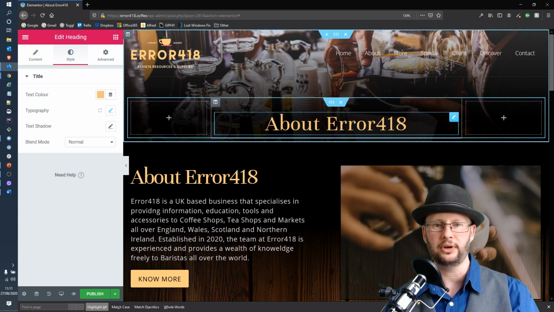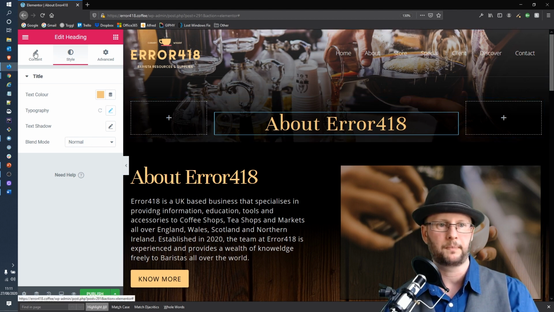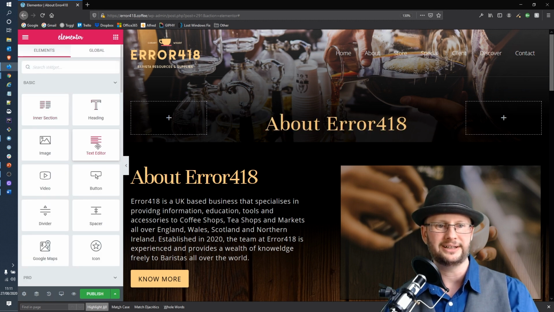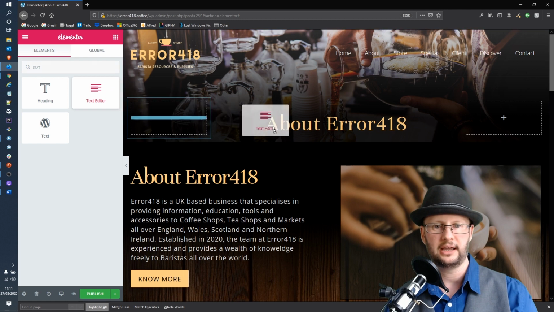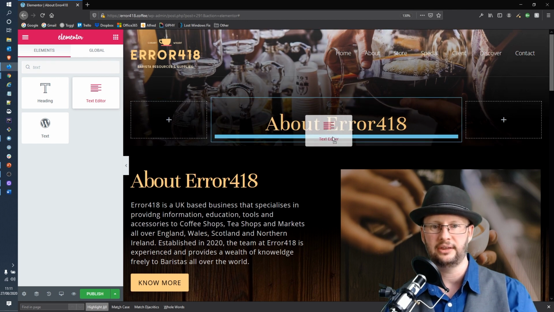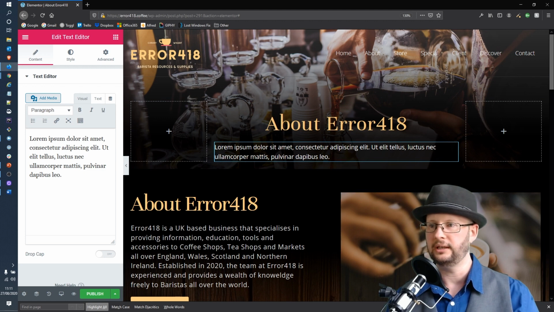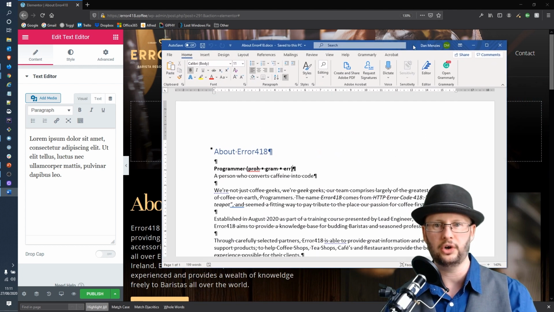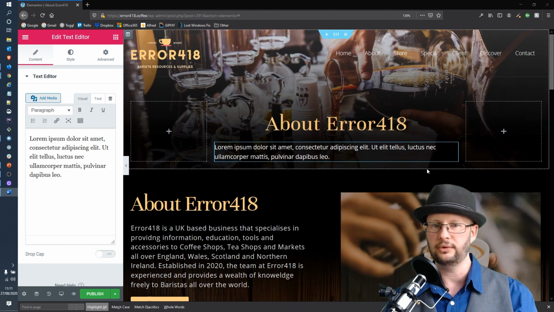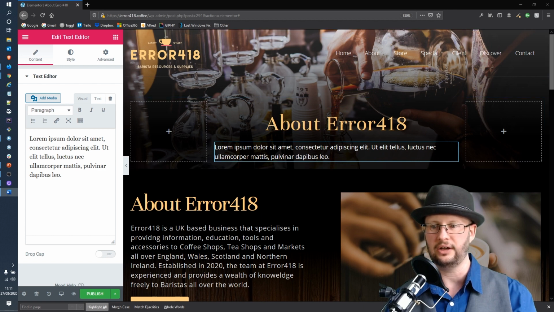All right, so the next thing we want to put in our top line here is our tagline. So again, over to the left-hand side and the little grid, we want to find Text, so Text Editor, or you can just type it in there, and drag that over to underneath the masthead header. Now, for your homework, you should have created a "your story" or an about script. So I've just done that here using Word. It can be done in Google Documents or any other text editor you like. What we're going to do is paste our first tagline into here. So I'm just copying here off screen